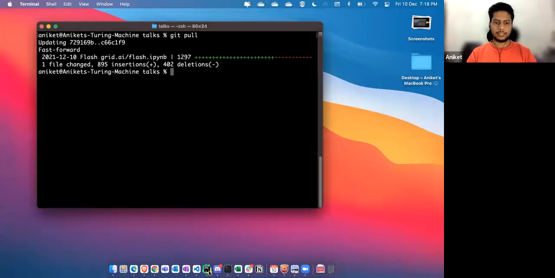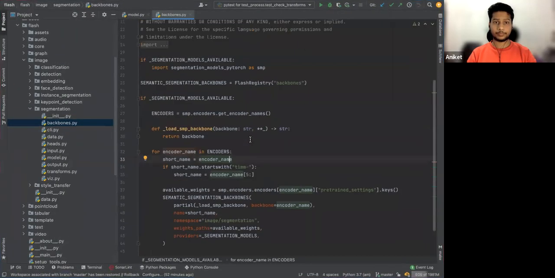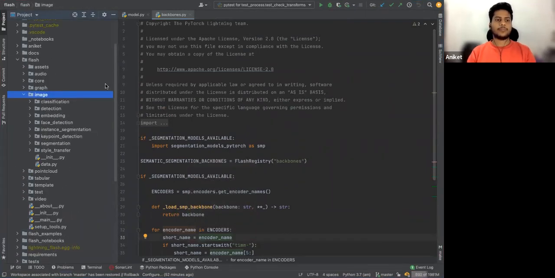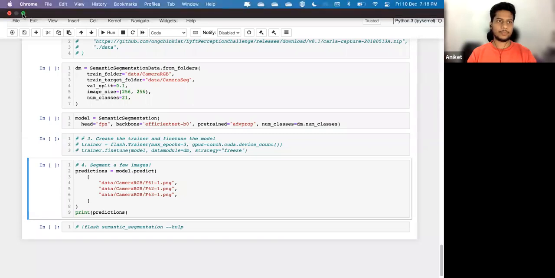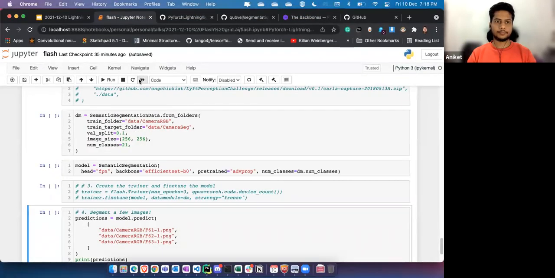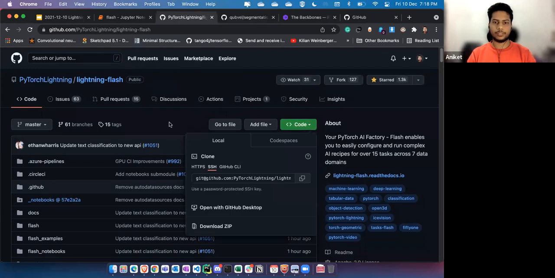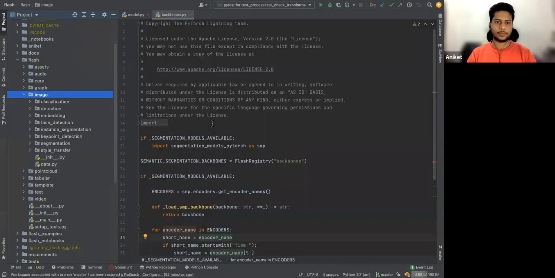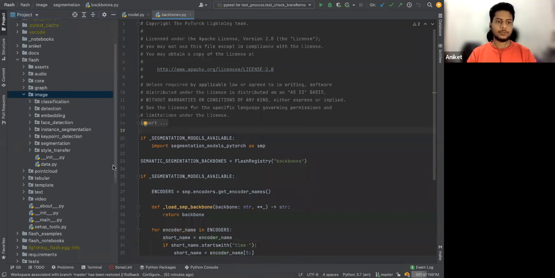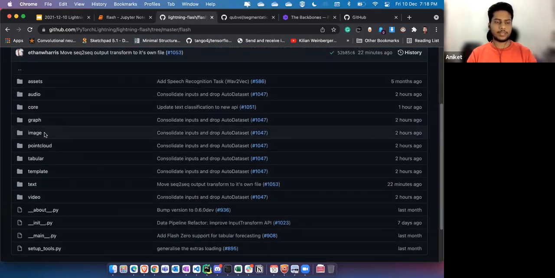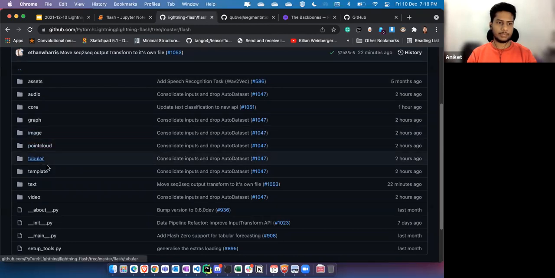So let me start directly with the code. First of all, you can go to GitHub, go to the Lightning Flash repository, clone it from here, and open it in your favorite editor or IDE. Flash is organized in task-based folders: image, tabular, point cloud, audio, graph, text, video.